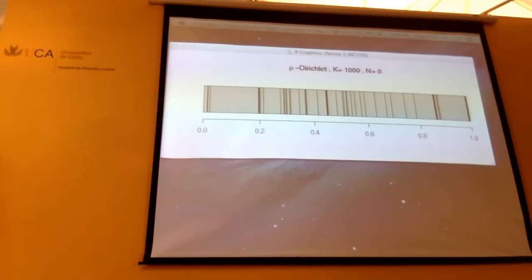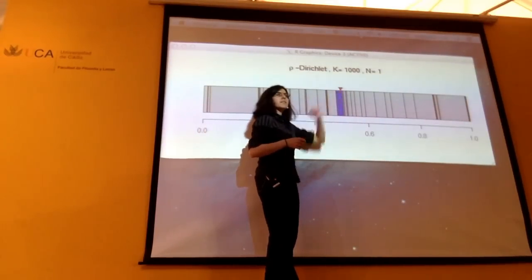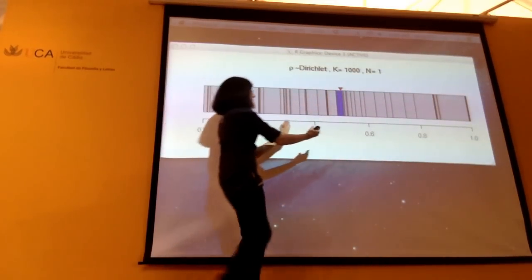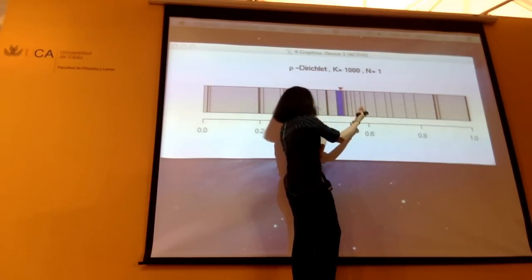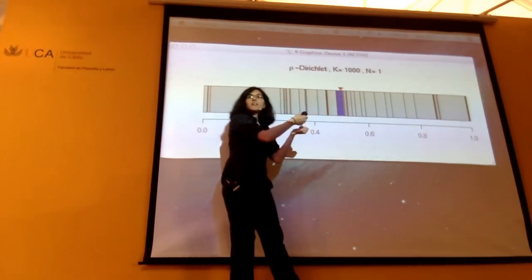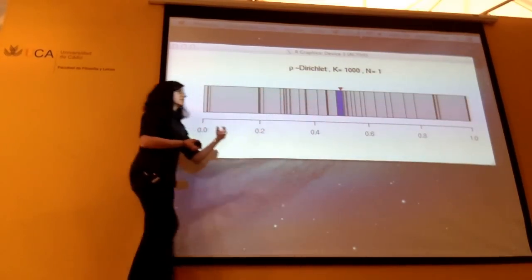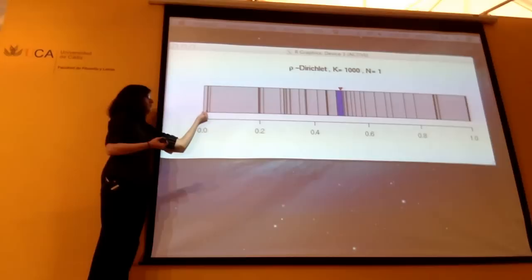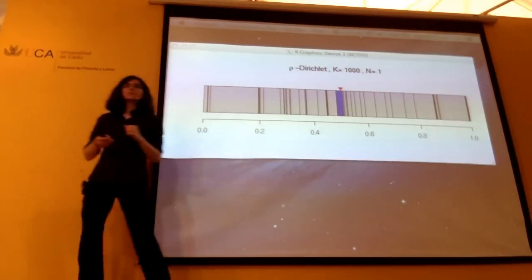I'm going to draw a uniform random variable. So that's what this red triangle here is. And because the length of this interval is exactly rho 256, I mean, I don't know exactly what index it is, but it's one of the rows, that uniform random variable will belong to that interval with probability equal to rho 256. The uniform random variable will belong to the interval rho 1 with probability equal to rho 1. And so this is a way to choose from this distribution.